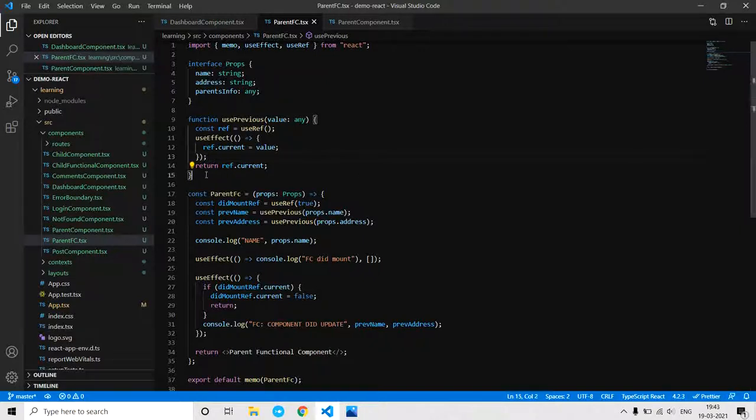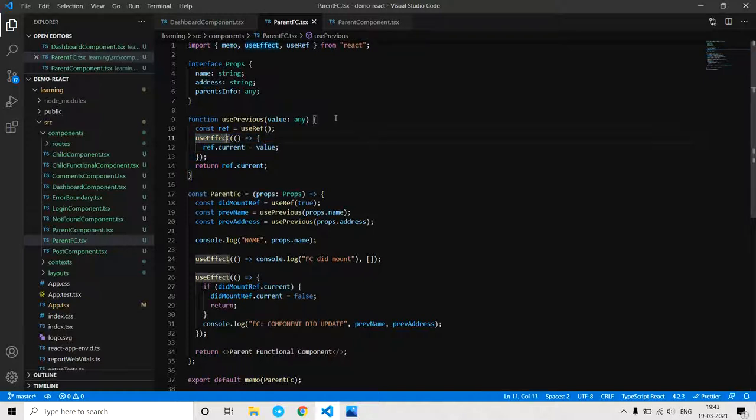So what it does is, for the initial mount, the parent FC executes this hook. It comes here to the 10th line and just initializes it, but it again calls this useEffect.